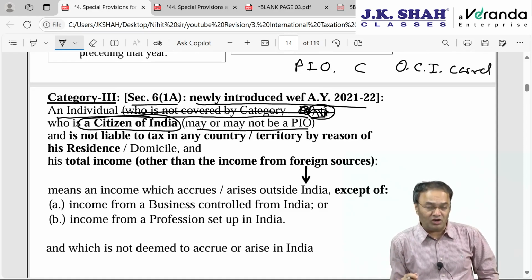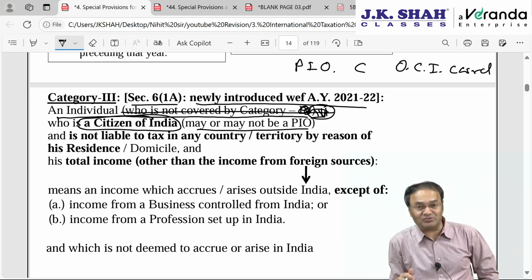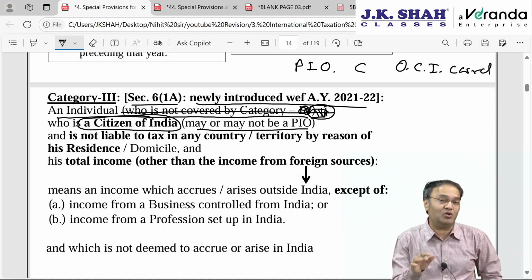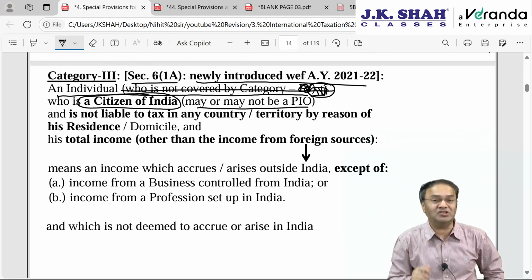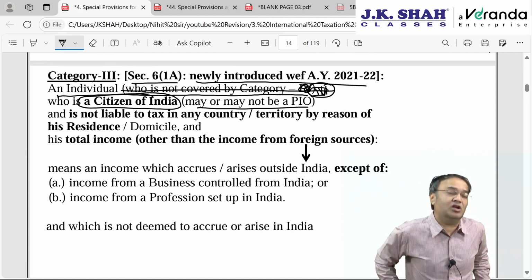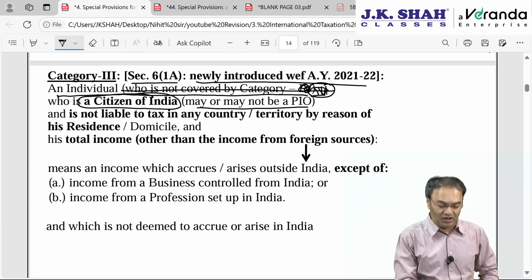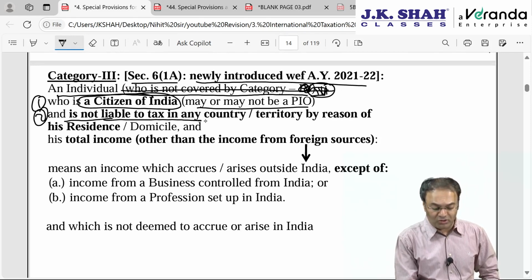He cannot fall under exception number 1 and exception number 3. At the max, being PIO, he can be covered under exception number 2, whereby his Indian income should be greater than 15 lakh. Here also Indian income should be exceeding 15 lakh. Understand? Condition 1 is citizen of India, and condition number 2, dual condition: he is not liable to tax in any